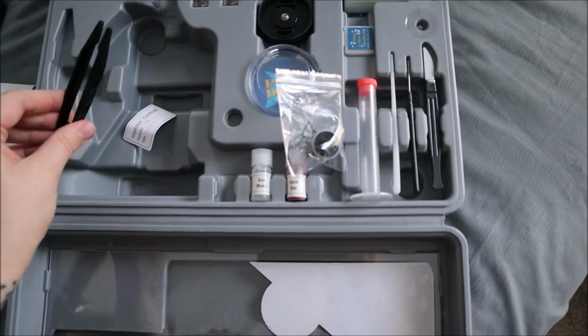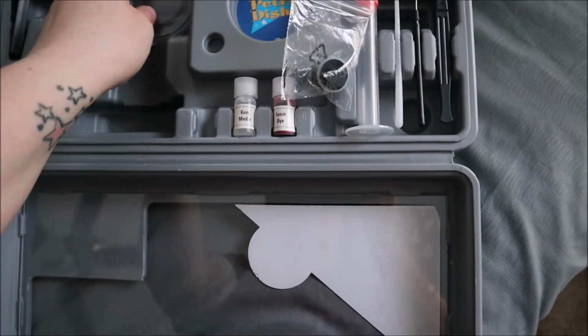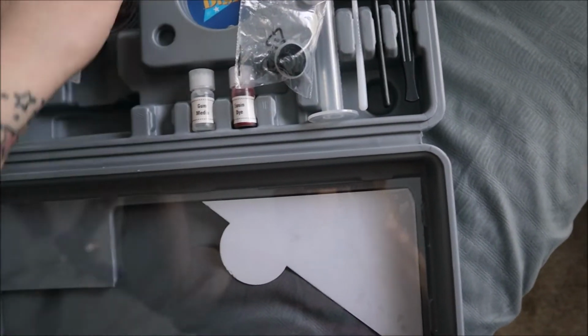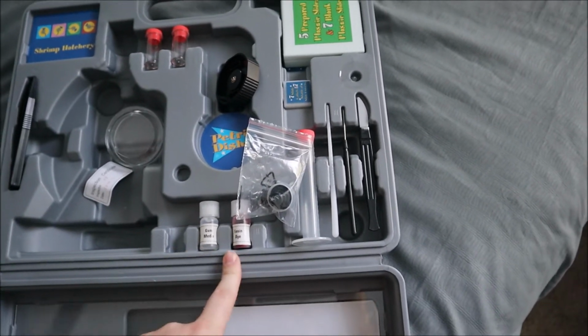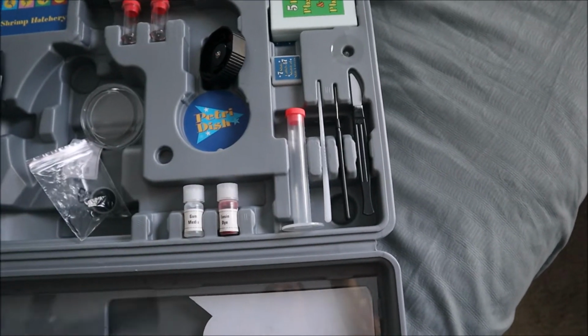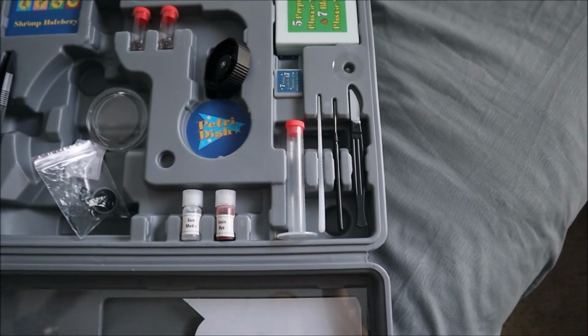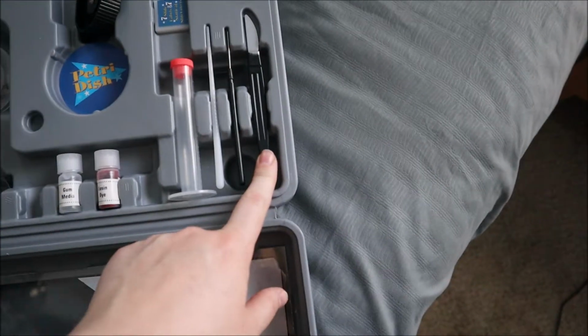And the kit came with little tongs. We got a petri dish. I think that's for the microscope. We got a couple little test tubes. It came with some stuff to do different experiments. We've actually already done one. I posted it in a vlog. I think I titled it Science Experiments in Gardening, and it was with brine shrimp, and it came with a little